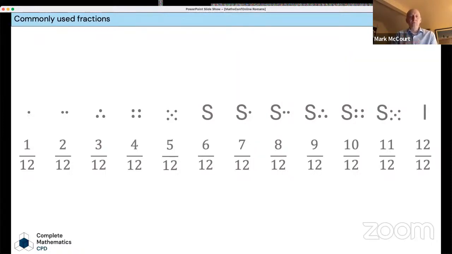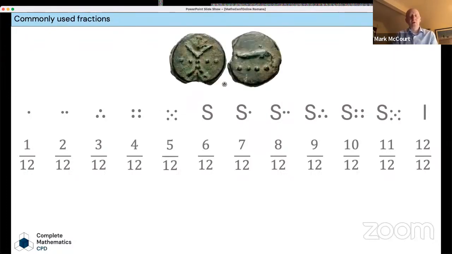So we don't have to restrict ourselves to working with integers when we're working with pupils and introducing them to Roman numerals. Let's get some fraction work in there and do some more interesting fraction work. We've got examples of these fractions appearing. So here are some examples on some coins from many years ago with the 4 dots on there.